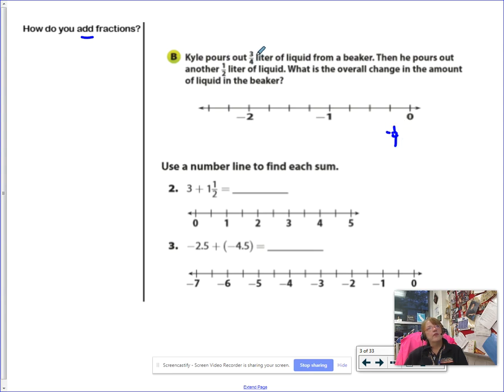So Kyle pours out 3/4 of a liter from a beaker. So we don't know how much was in there, but I know that if I'm pouring out, I'm going backwards 3/4. Okay, because every one of these intervals will be 1/4. And then he's going to pour out another 1/2. Now, I got to think a second, since this is split into intervals of fourths,